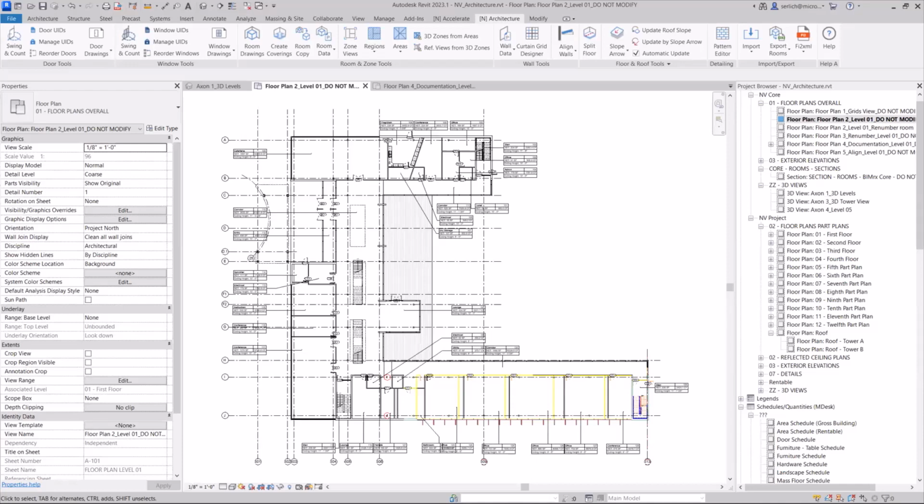Today, we're going to look at Naviate Architecture's Align Walls feature. We also have the Quick Align feature that you can use, but we're going to focus on the Align Walls